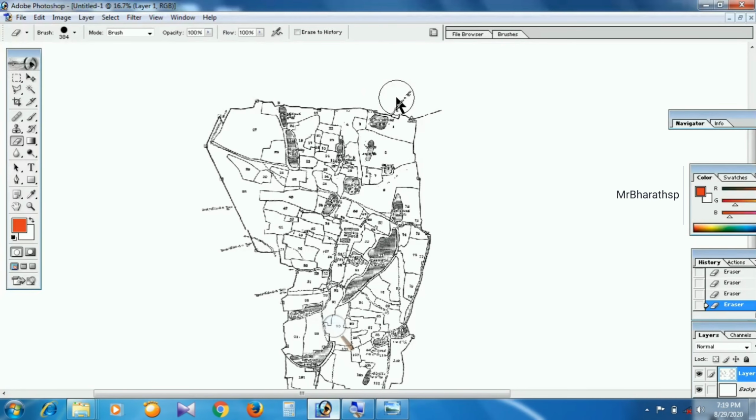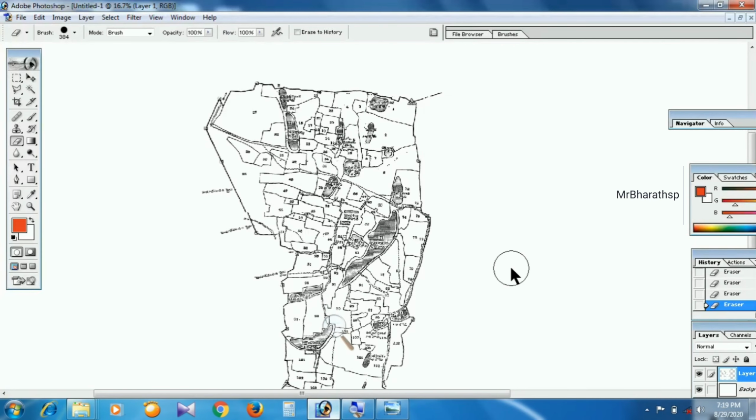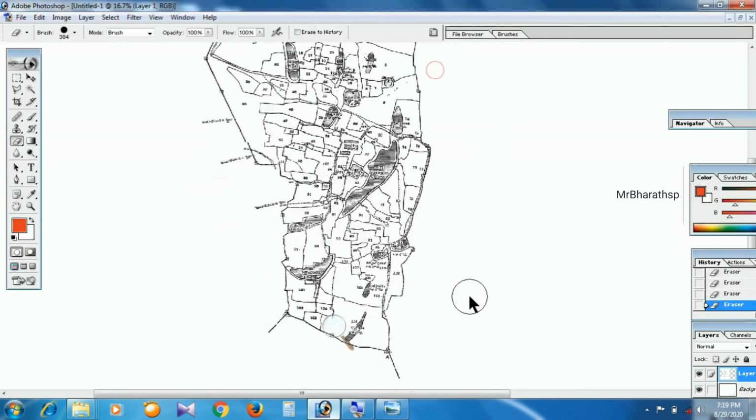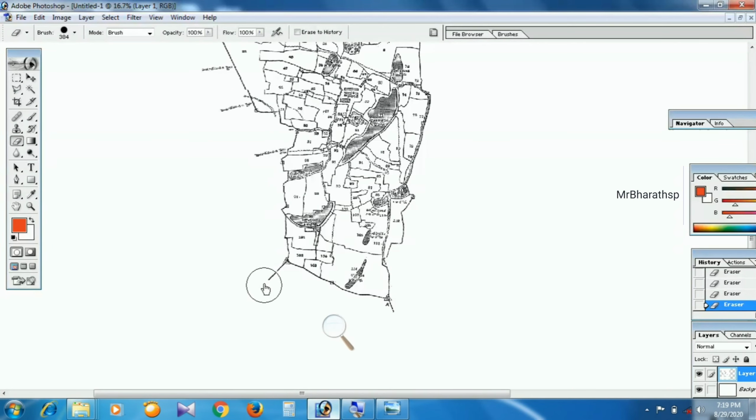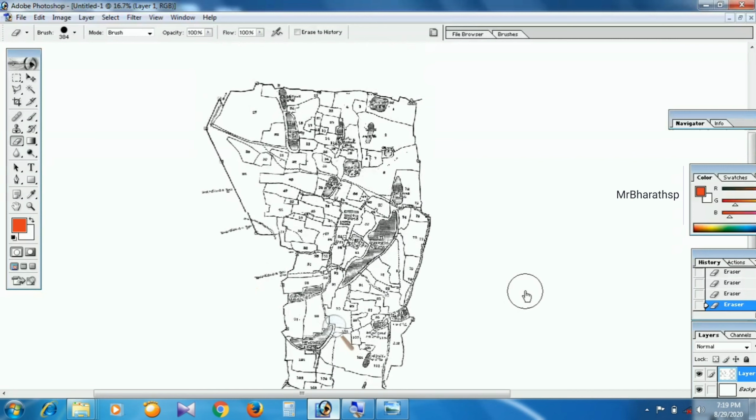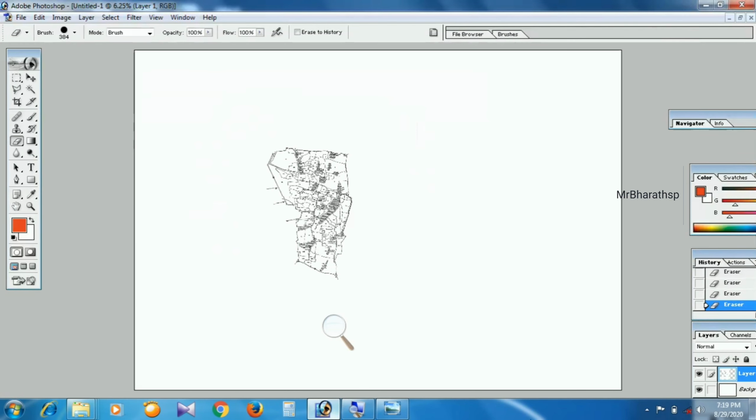These indexes are very important, but we don't require them at present. There is a lot of data in these revenue village maps which we need to study, but at present we are not going into detail into the revenue village map. You can see here in the small drop box, it is written as layer. We can change it to the village's name as Salipeta.